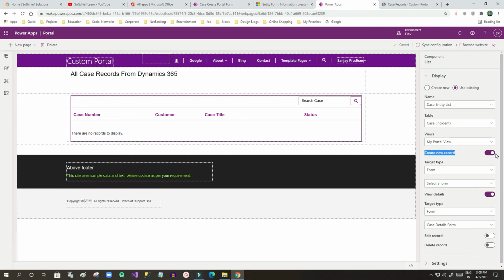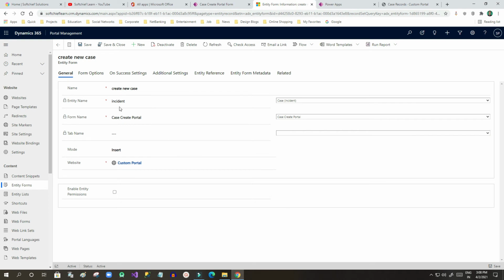Once you select this create new record option, you will find target type with three options: form, web page, URL. Web page URL I will cover in the next part. This time I will use form, and in the second drop down select a form, and this time you select create new case. This is the form that I have created here, whose mode is insert.